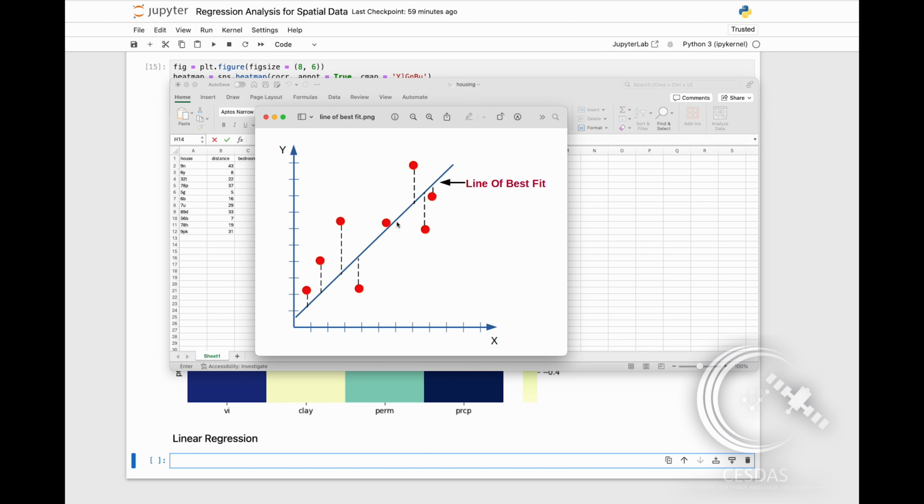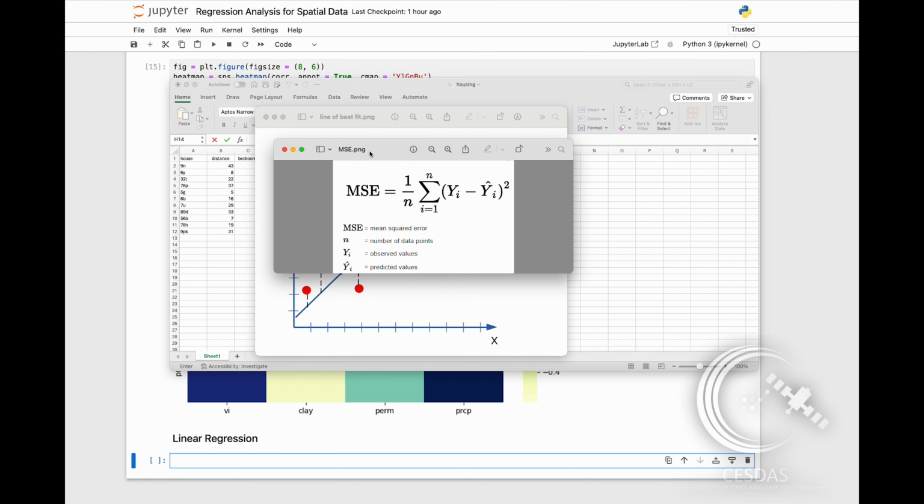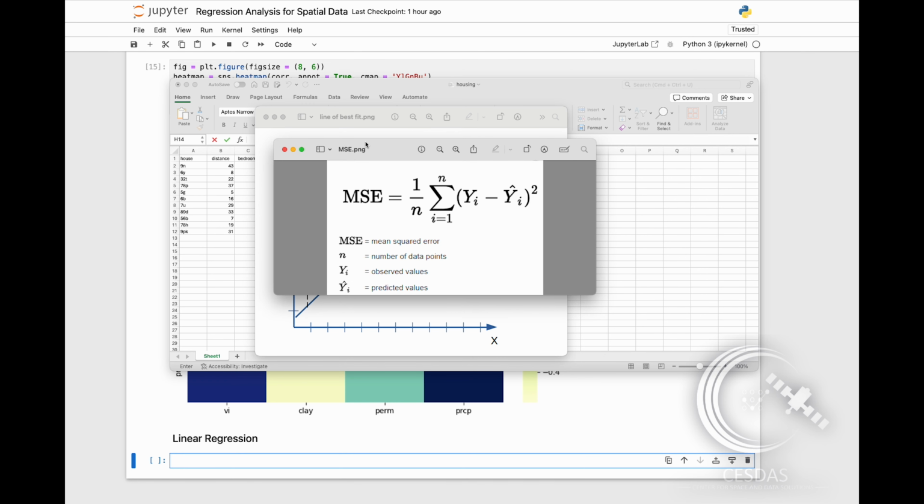And the best way to check how well it is performing is to calculate the root mean square. Each of the values on this line of best fit, this blue line here, those are predicted values. They are not accurate values. But each of these red dots, those are actual values. In other words, that is your data set. So what you want to do is to make sure that there's a very, very small difference between your predicted values, and the root mean squared is calculated using this simple formula,